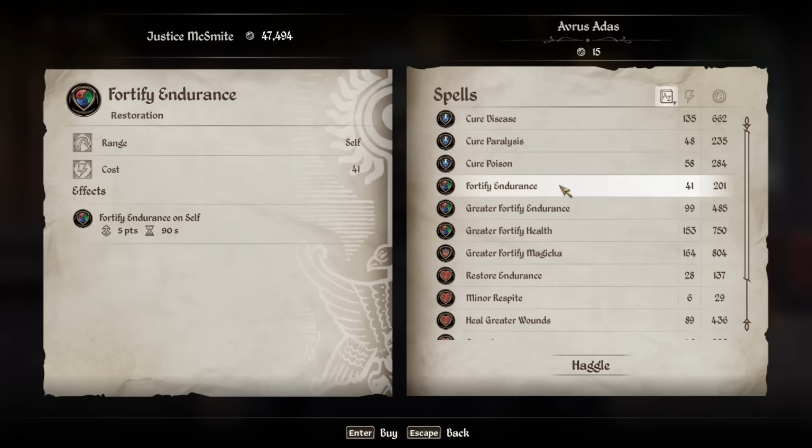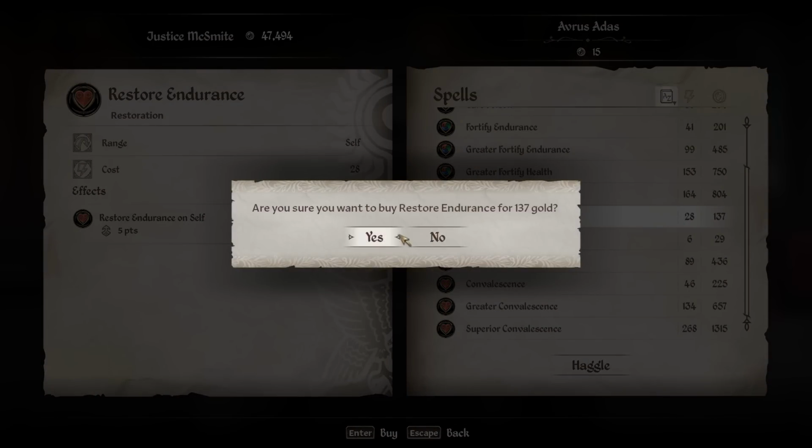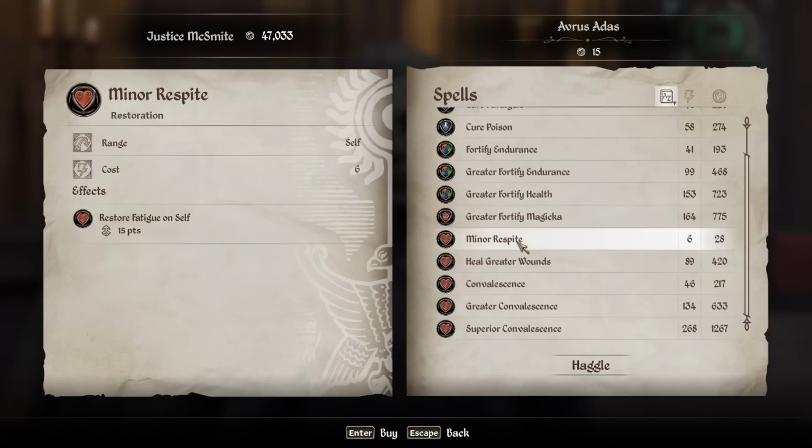He will sell us great spells. What we're looking for is Restore Fatigue. There should be fatigue over here. And it's called Minor Respite. Restore Fatigue on self. Yeah,